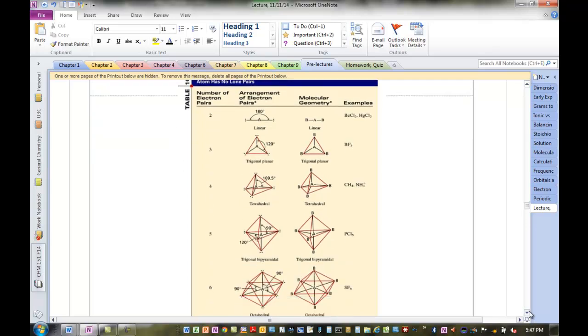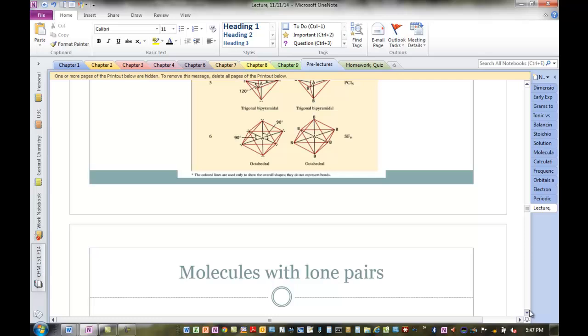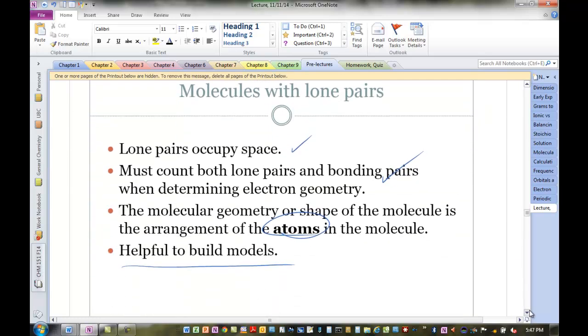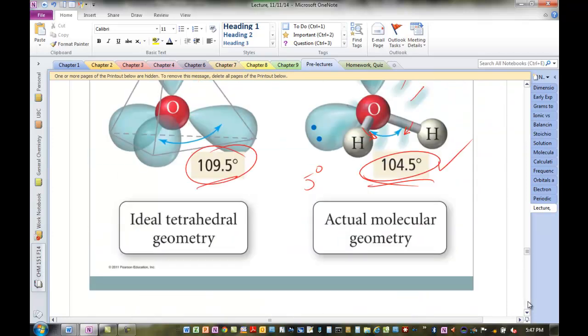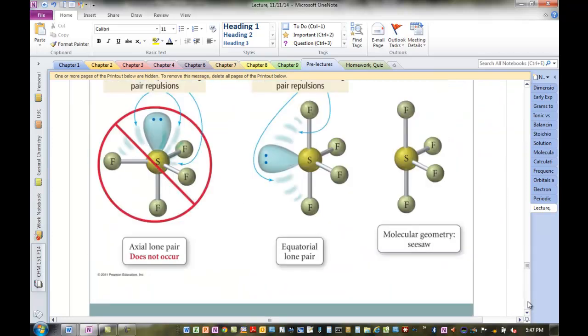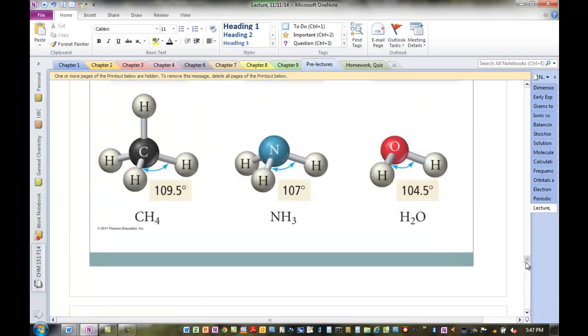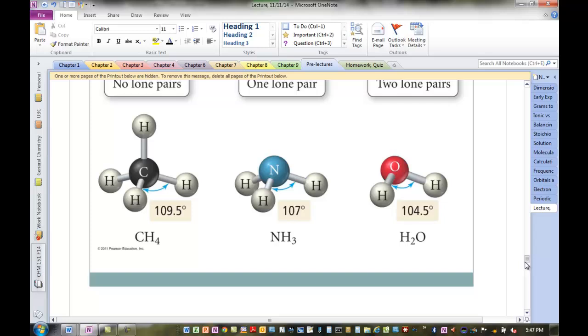Print out your notes. This summarizes the 5 basic shapes: linear, trigonal planar, tetrahedral, trigonal bipyramid, octahedral. We've gone through that. We've talked about molecules with lone pairs already. I do want to get back and do a few more problems in the handout. We'll come back to this because we've done these 3. We actually did carbon tetrachloride on the handout, but it works out the same. But this is a nice slide to sum up the previous handout,